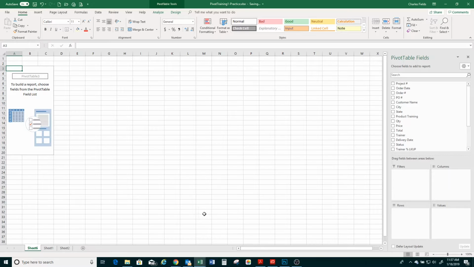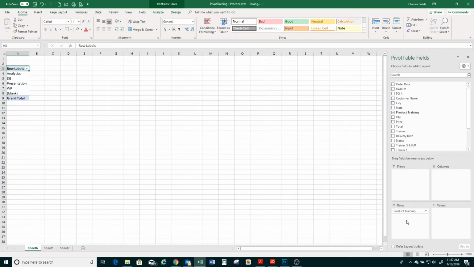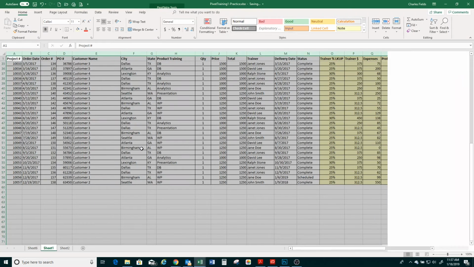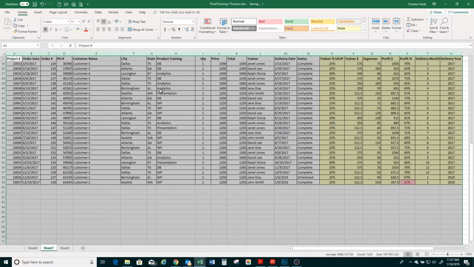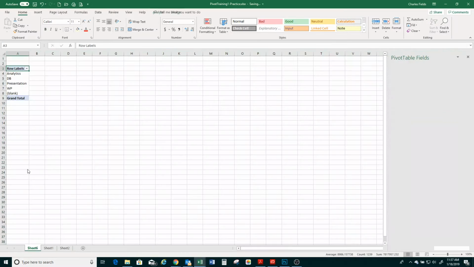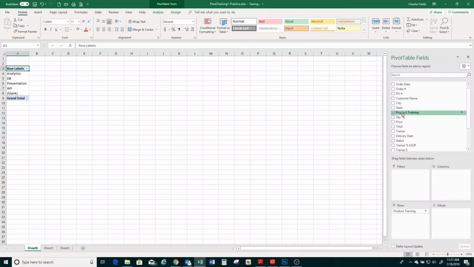we're most likely going to be dealing with data from 2018 and possibly 2017. So the first thing that I'm going to do, I'm going to use the product training field just to help us visualize exactly what type of training that we've scheduled and delivered. And if you remember from the example when we were looking at the data set, we had database training, analytics training, presentation training, and you're going to notice as soon as I drag the product training into the row box at the bottom,